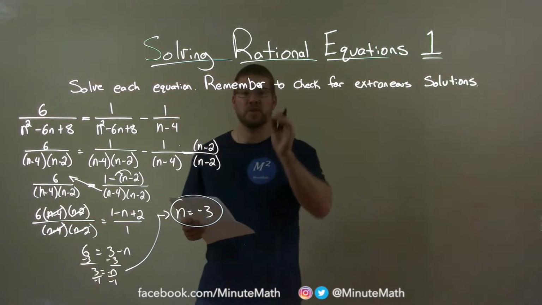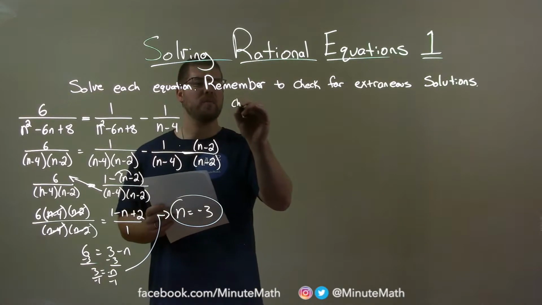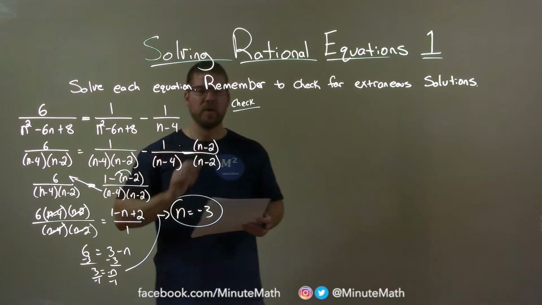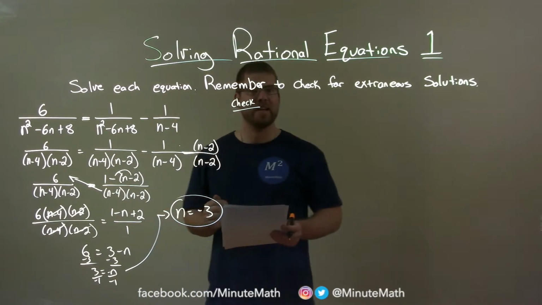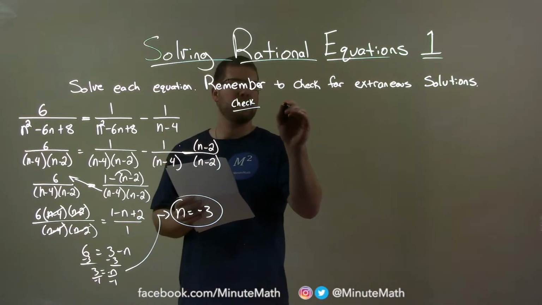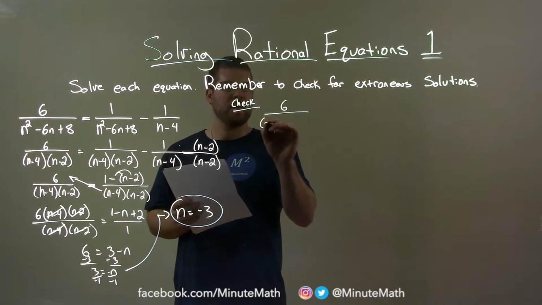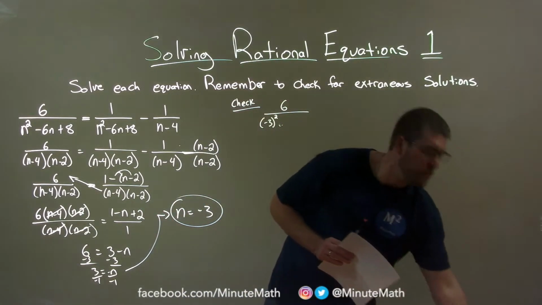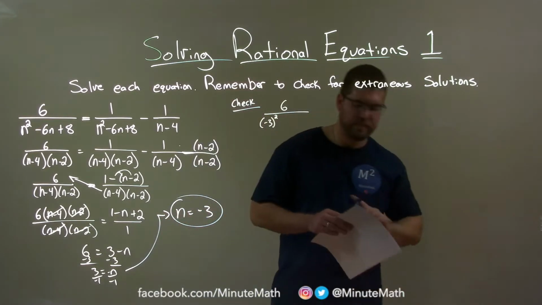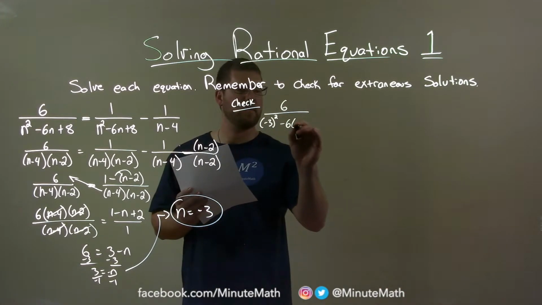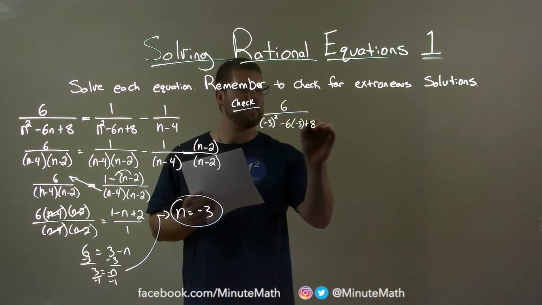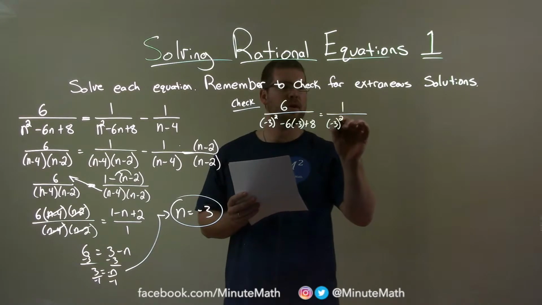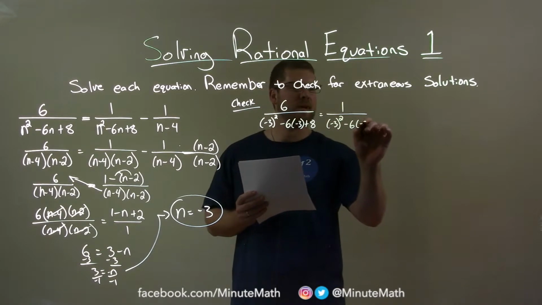But they told us to check for extraneous solutions. So when I do my check here, I'm going to rewrite my original equation, but every single time instead of an n, I'm going to put a negative 3. So we have 6 over negative 3 squared minus 6 times a negative 3 plus 8 equals 1 over negative 3 squared minus 6 times a negative 3